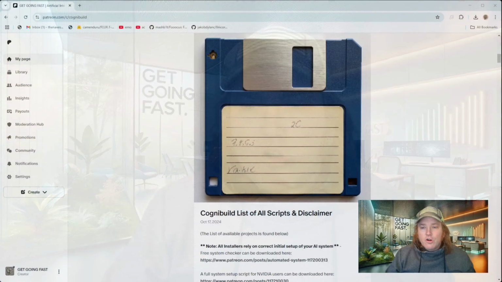Now, the first thing that I want you to do, what I ask everyone who asks me for help to do, is to run a system checker. Okay, I've created a system checker. It's free. It doesn't cost anything. This isn't me tricking anybody into getting anything. You can just go over to